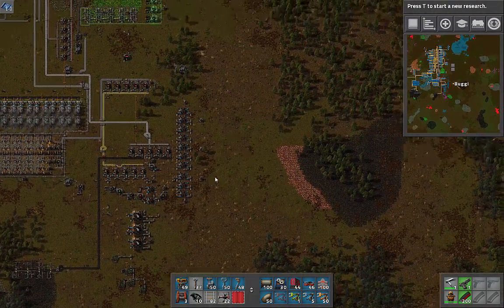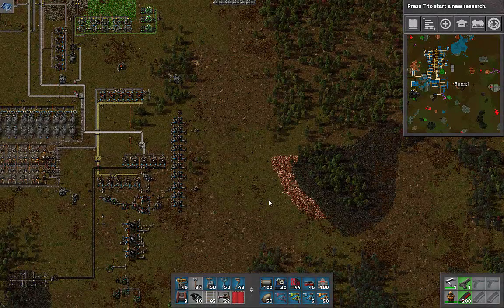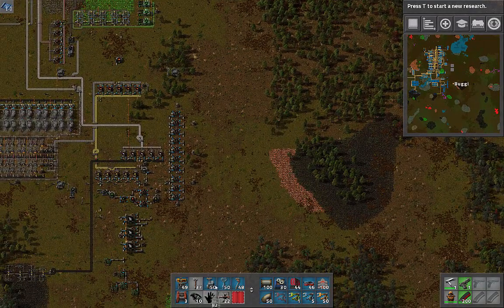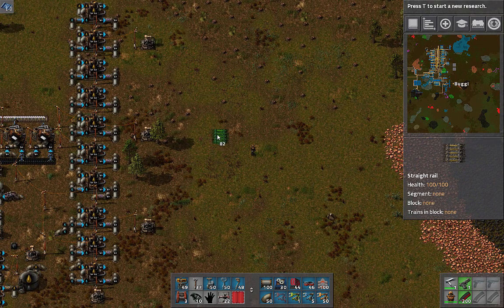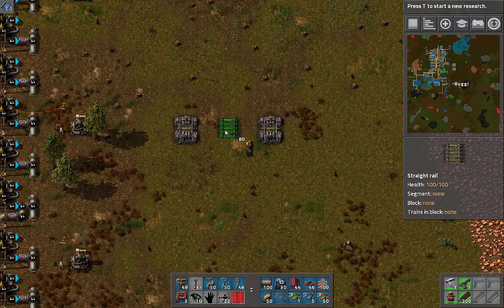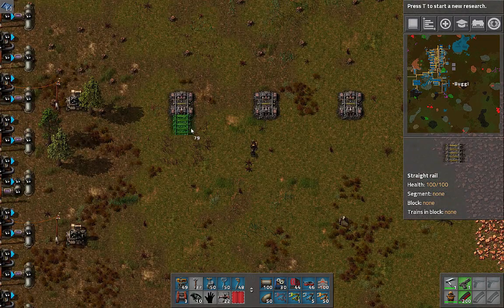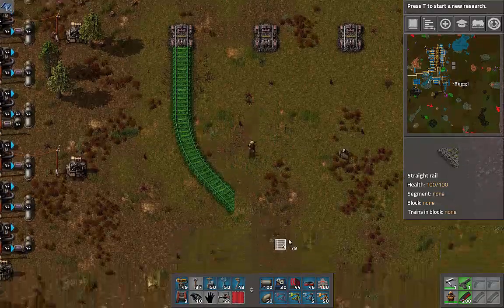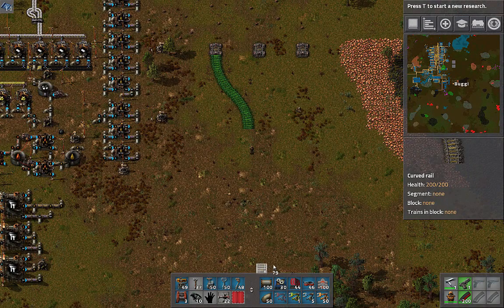So this in here, this will be my main unloading area and sorting system. Now, I'm not 100% sure how I want this to be, but I am thinking like a track here. 1, 2, 3, 4. Track there. Track there. Is that too close? That might be too close. Come on. There we go. Okay, that is not...